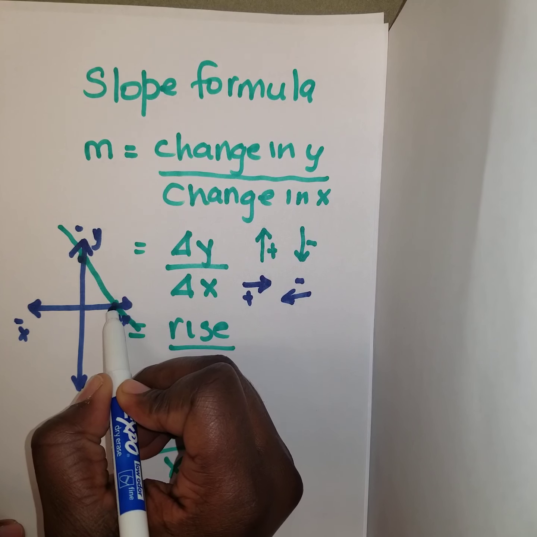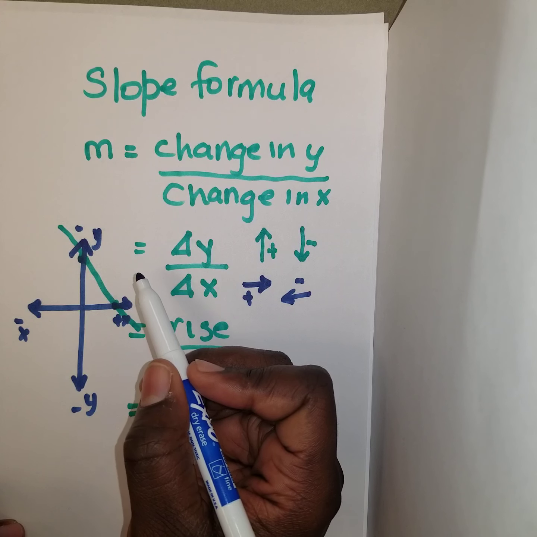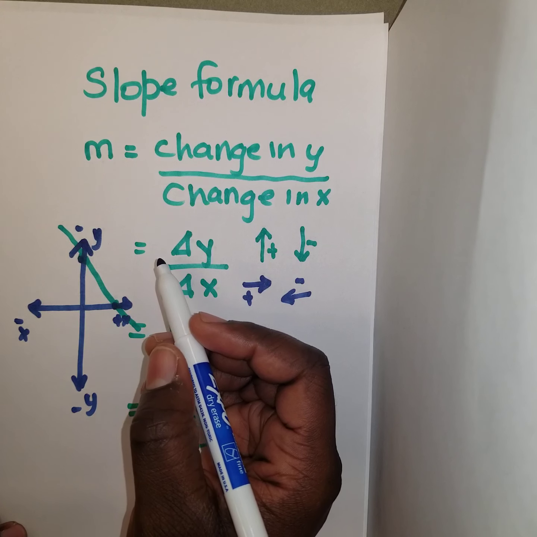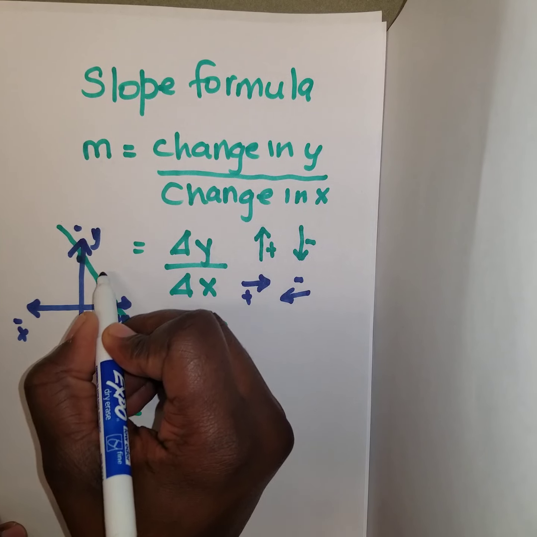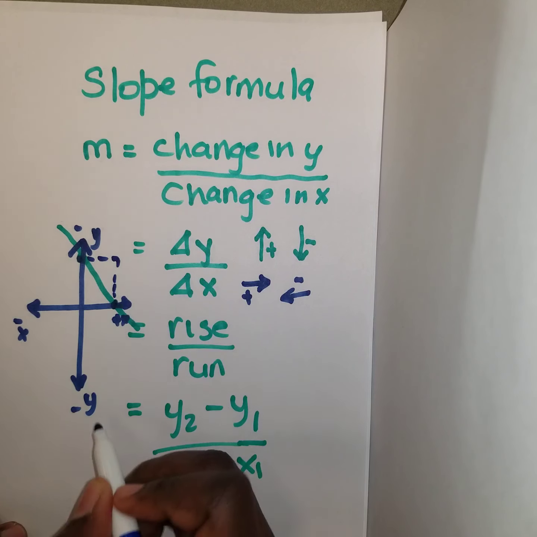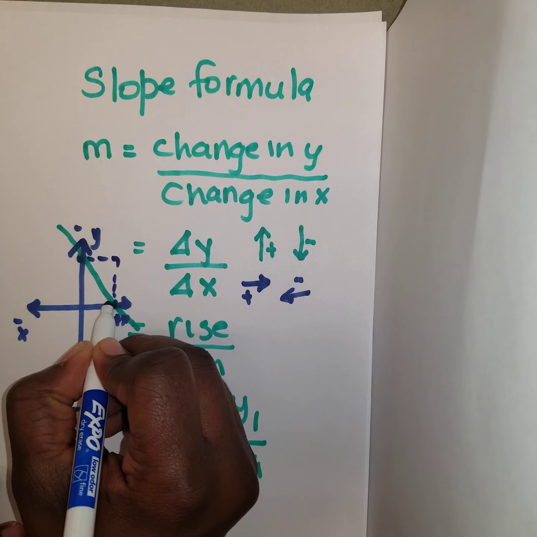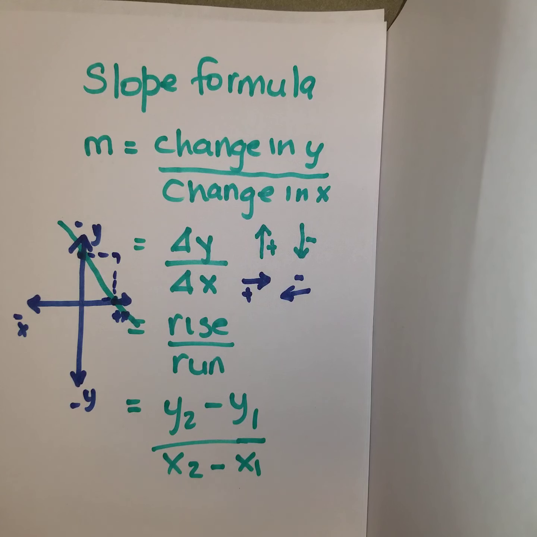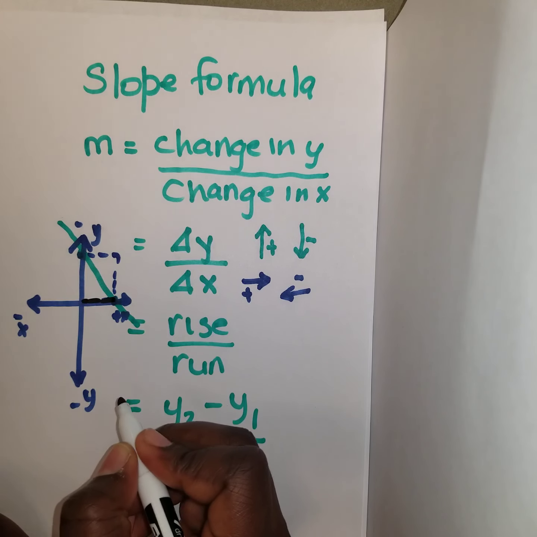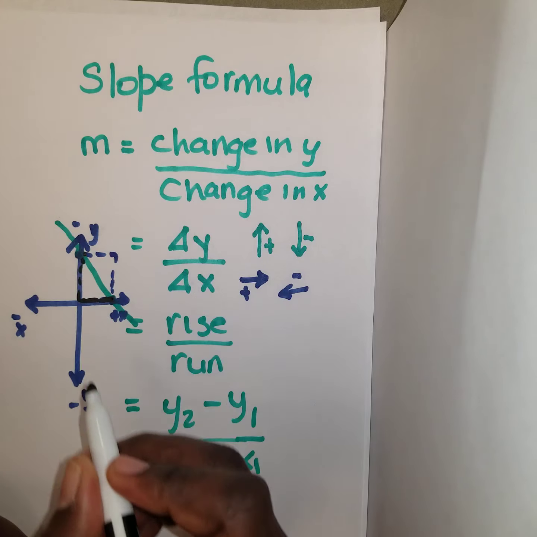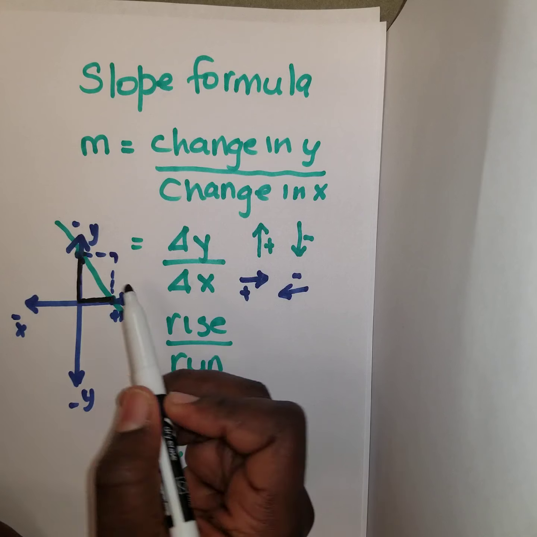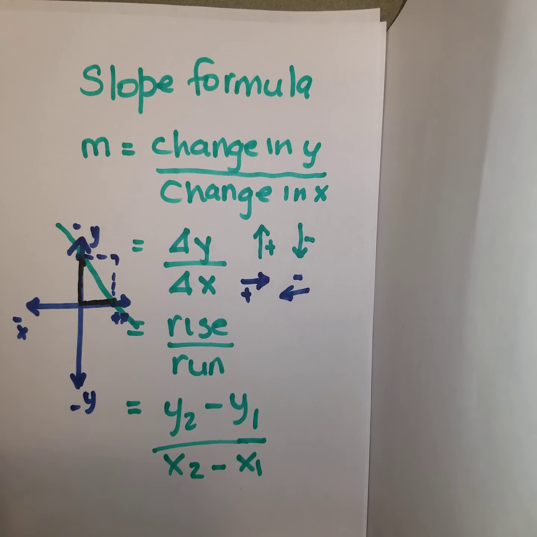So we can either move our x movement, y movement, or y movement, x movement, depending on how you want to draw your triangle. So the triangle can be drawn above the line. So you can move this way, then you go down, or you can move the horizontal way, or you can move this direction, left, then you go up. So you can form the triangle below the graph, below the line, or you can form the triangle above the line